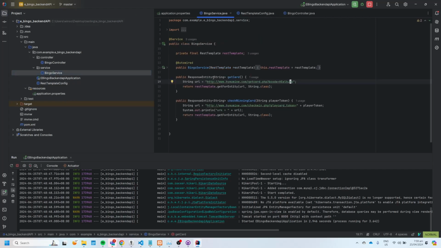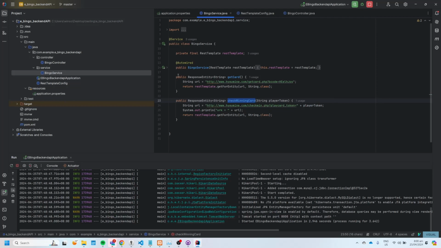The next thing is I make a service, a page, and I also make a class here, which will connect to the API provided and get the result of the API, both the get card, which is a get method, and the post card, which is also considered a get method.